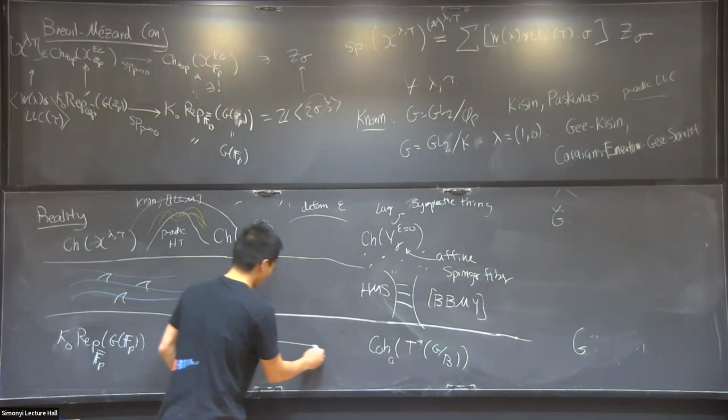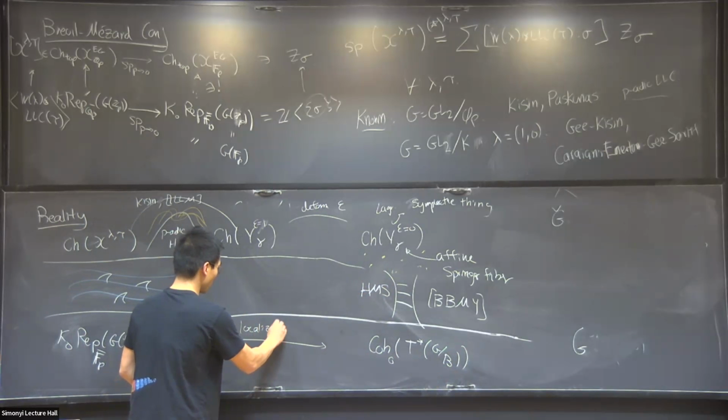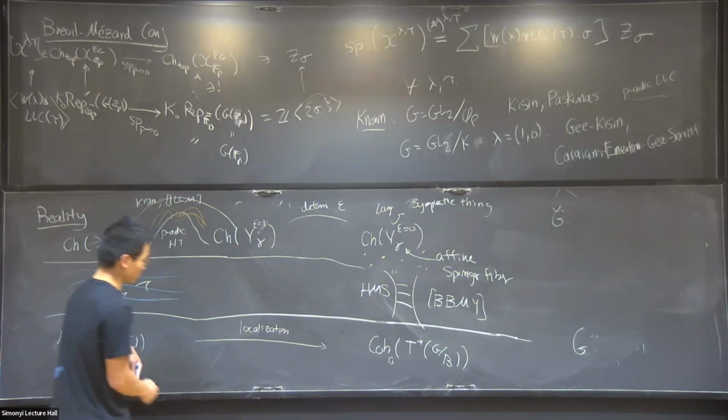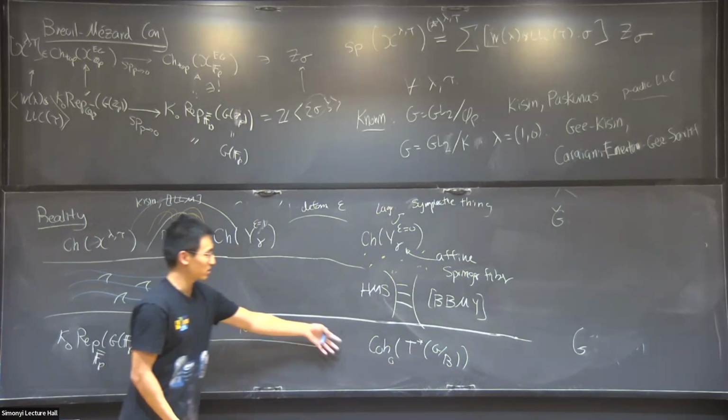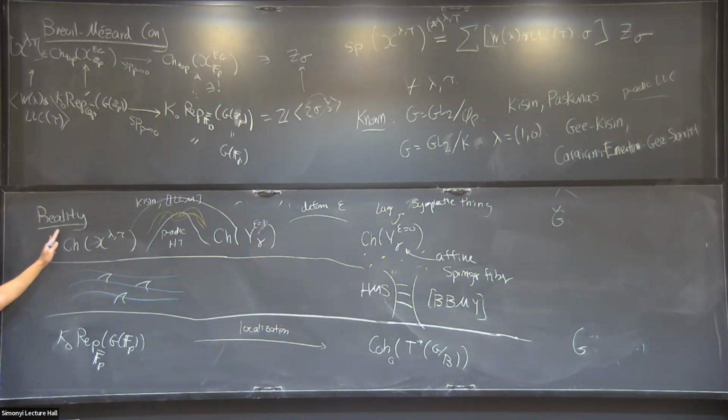So let me actually, at this point, I think I'm about over time. To make a long story short, with some kind of localization theory, we can transform representations into coherent sheaves, cross the bridge, and come back to the left and get what we wanted. And that's the construction of the cycles. So, okay, apologize for going over. Let me stop there. Thanks for your attention. Any questions?